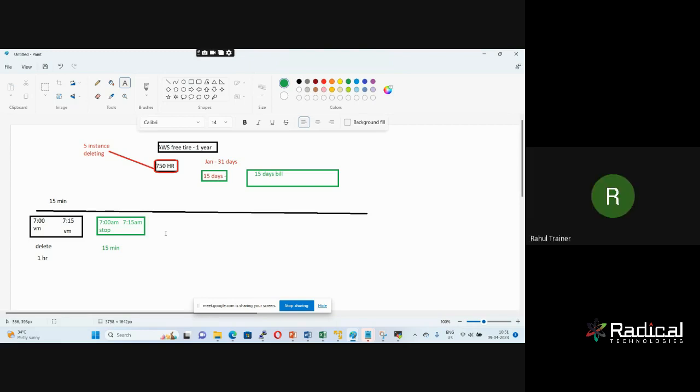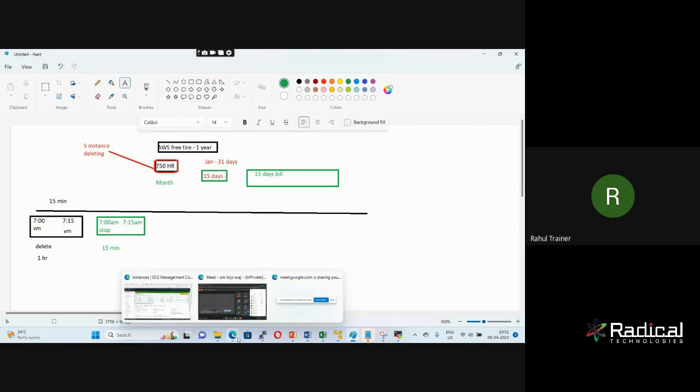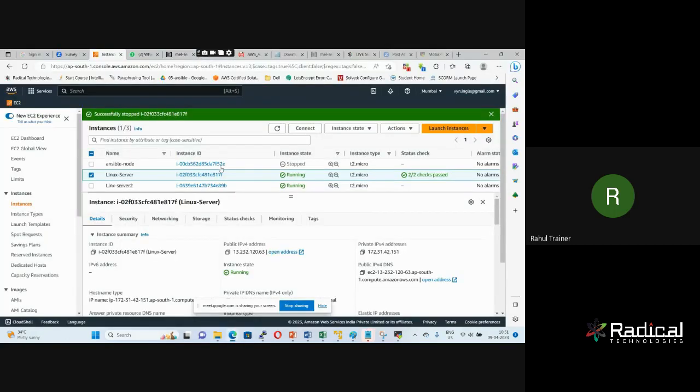तो आपको कितना घंटा मिलता है? 750 आवर्स फॉर अ मंथ। एवरी महीना जैसे आपका रिफिल होता है, जैसे जनवरी में आपने 750 आवर्स यूज कर लिया, तो फरवरी में फिर से 750 आवर्स आपके अकाउंट में आ जाएगा। क्लियर गाइस? तो जैसे आपका इंस्टेंस हो गया तो आप स्टॉप करो, राइट? अभी ये आपका इंस्टेंस स्टॉप हो गया।